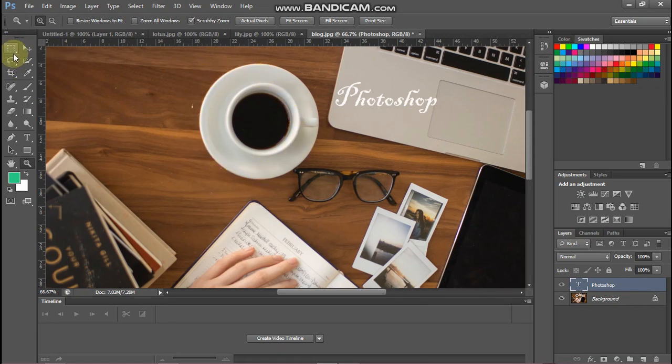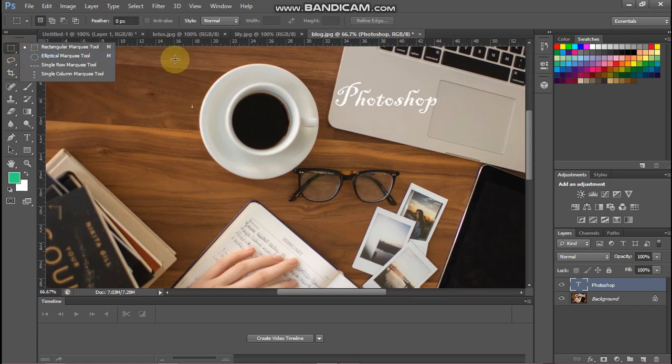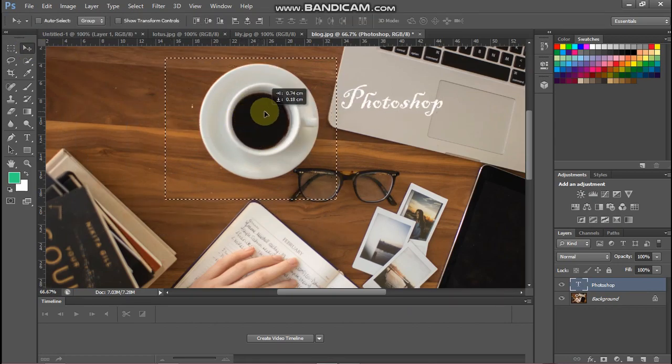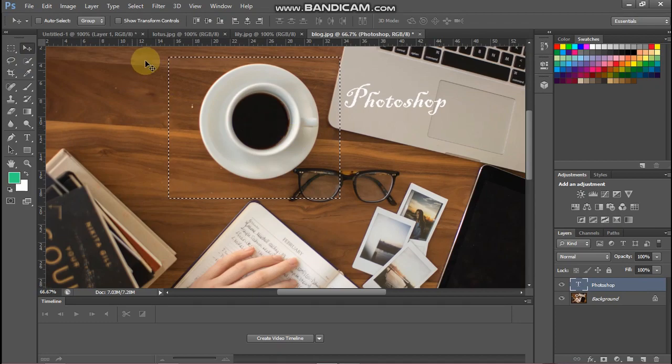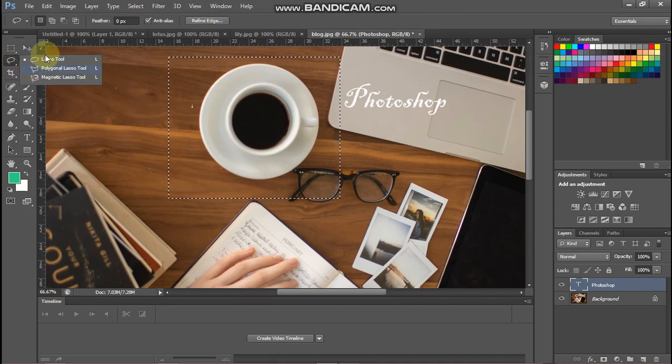What I will do, I have told you earlier that we have three types of cropping things. You can just take this cropping selection box and it is cropped, right? So you can just, it's not cropped actually, it is just selection thing, sorry. This is the crop part. So first let me deselect this. This is the free tool. You just move it like this and this is selected.